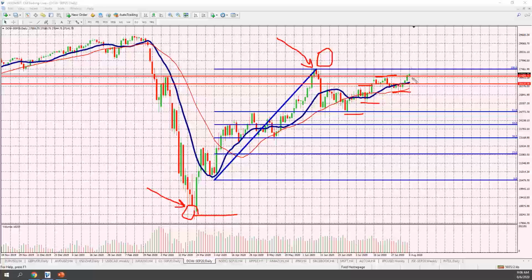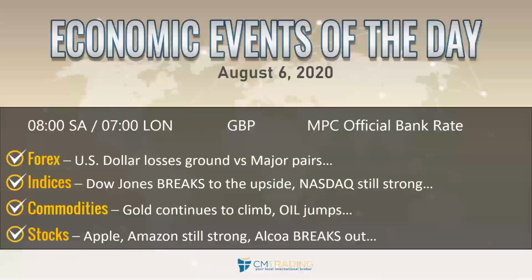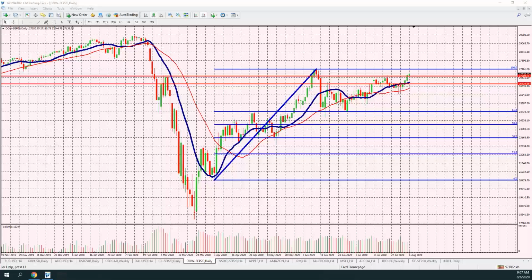And the fact that we're breaking above it with a candle may suggest that we're actually going to challenge this 27,400-ish level later in the week. If that does happen, the next real resistance is 28,500-ish level. Now, in spite of the fact that we're in a pandemic, a lot of money is being pumped into the economy in various streams in order to revitalize the economy. Now, I'm going to just highlight this again for those who are in the South African market, should know that I do follow the